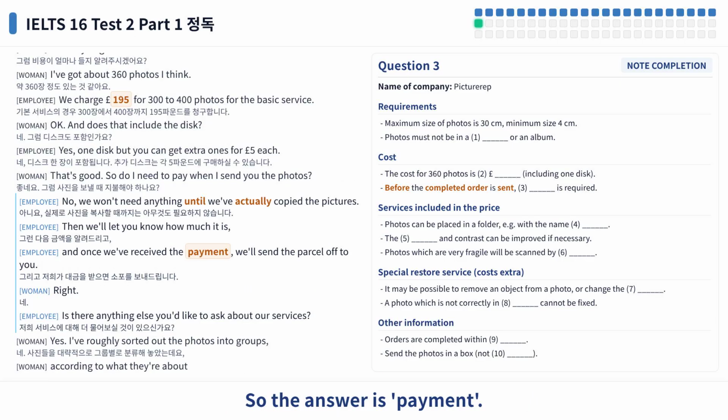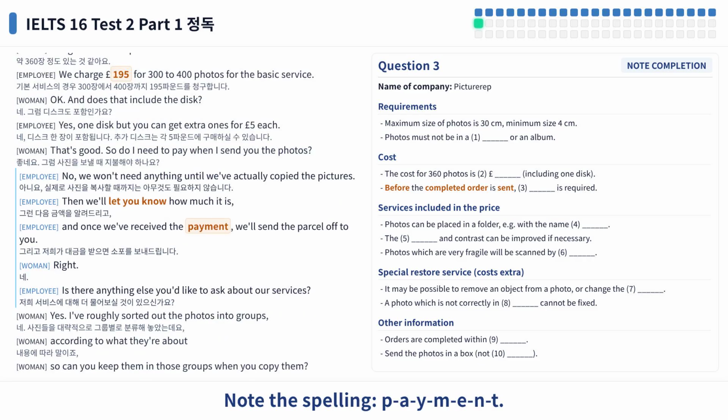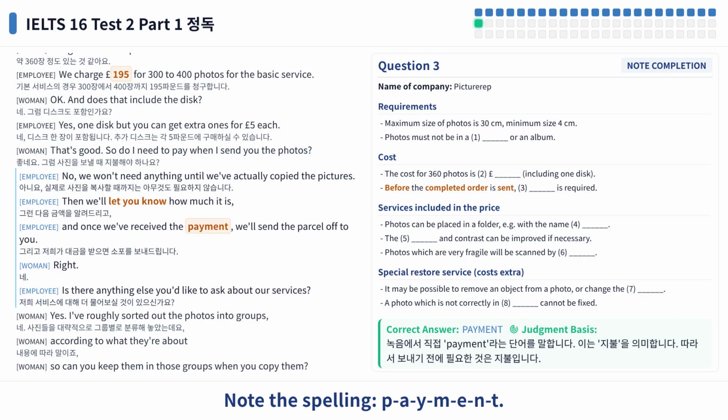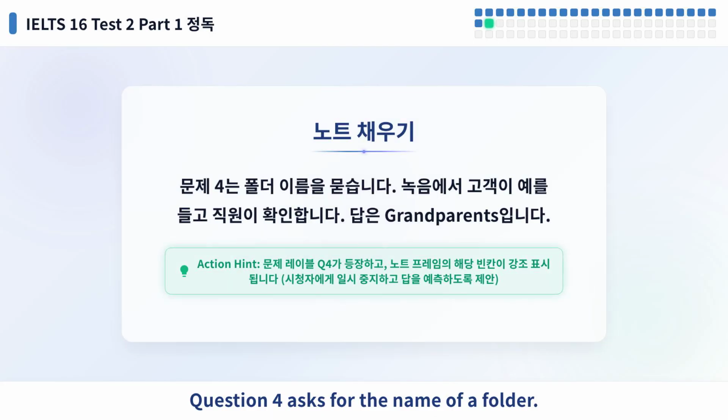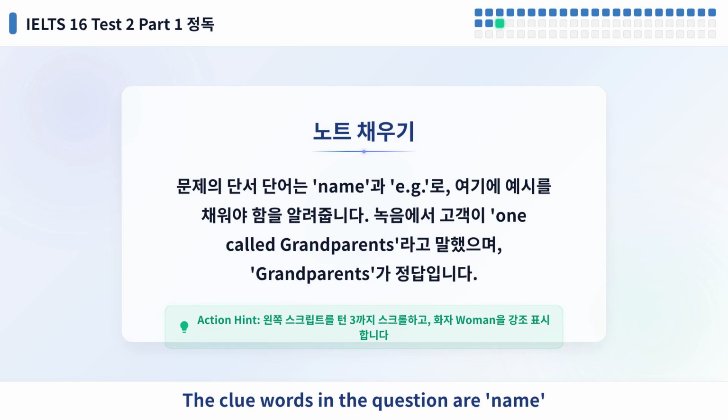Note the spelling, P-A-Y-M-E-N-T. Question 4 asks for the name of a folder. In the recording, the customer gives an example, and the employee confirms it. The answer is grandparents. The clue words in the question are name and, for example, which tell us to fill